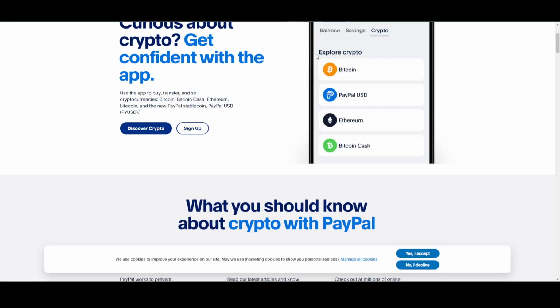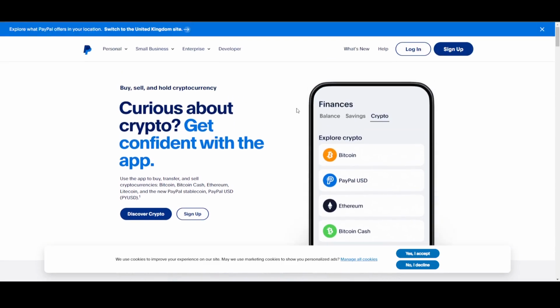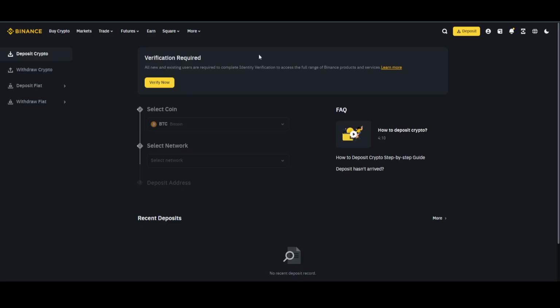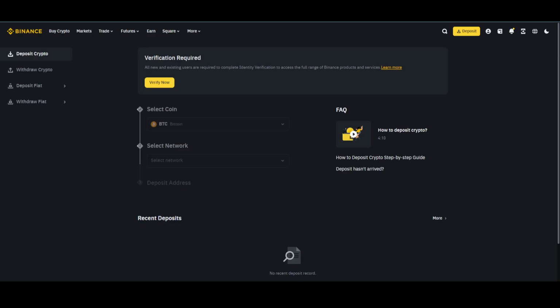Now suppose you don't want to do that. You actually want to have some money in your PayPal account, and now you want to buy the cryptocurrency in Binance. In this case, you won't be able to directly use PayPal as a payment method in Binance. However, if you have a PayPal debit card, which should look something like that, you will be able to make